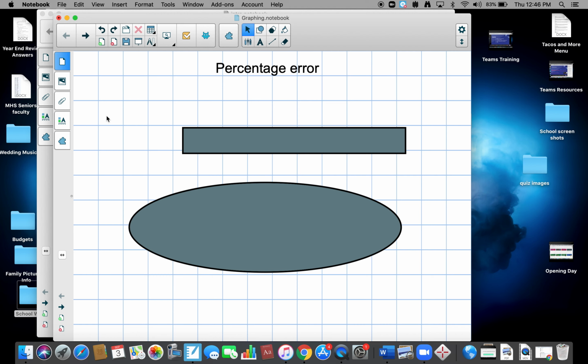Again to another set of notes on chemistry. We're looking at percentage error and graphing. But right now, percentage error. Percentage error is defined as